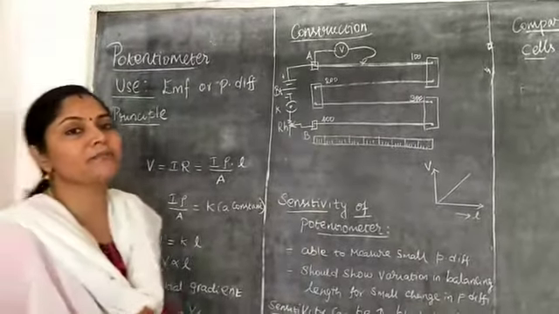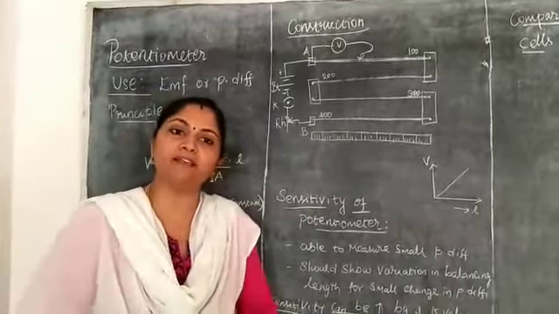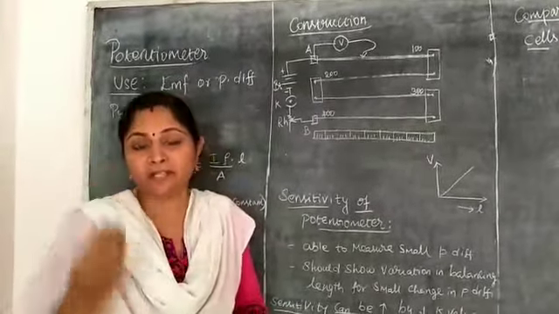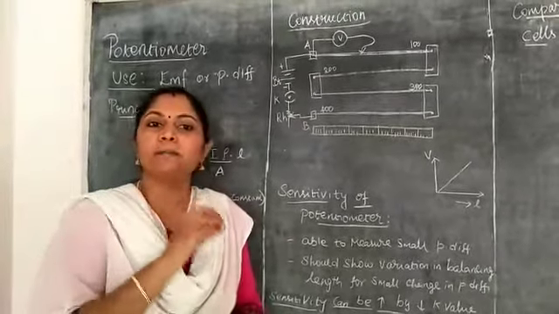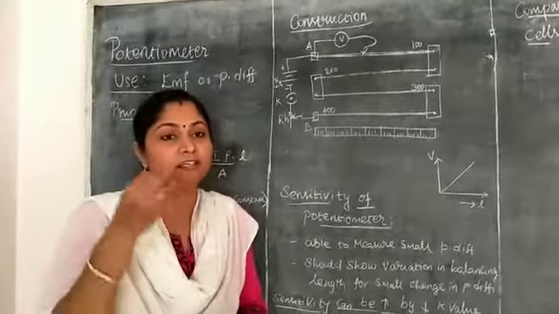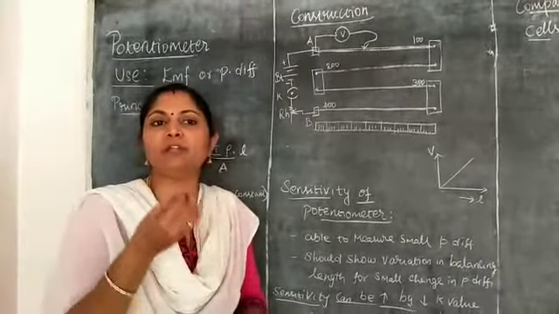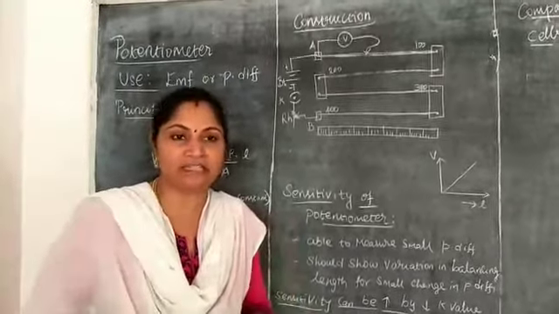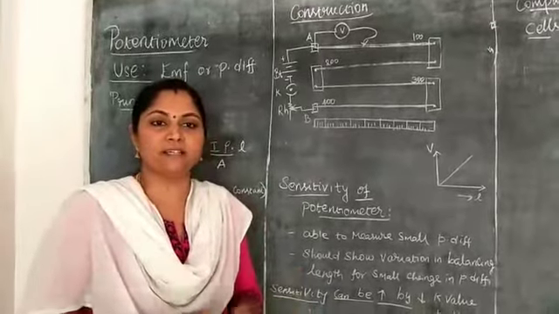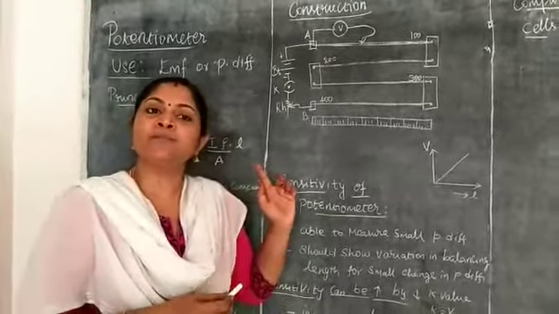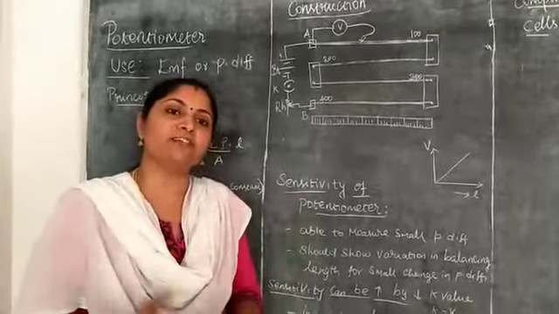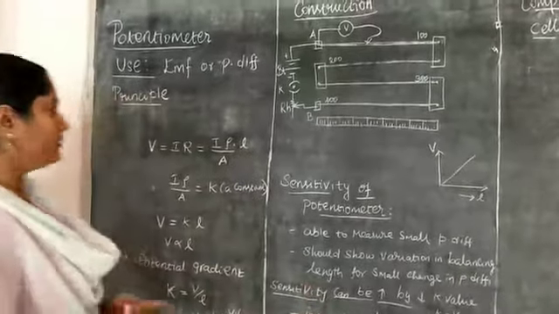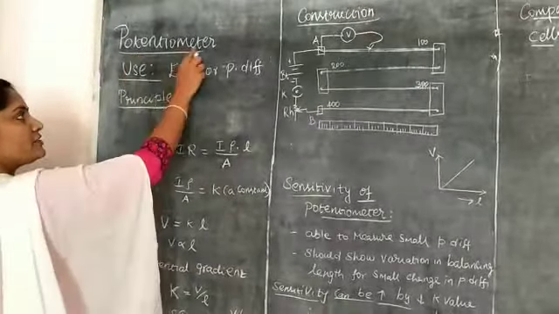And one thing you must remember, EMF of the cell cannot be calculated accurately with the help of the voltmeter, because voltmeter measures the potential difference only by passing the current through it. So to show the deflection, it takes a small amount of current, right? So we cannot measure the exact EMF of the cell with the help of the voltmeter. But using this potentiometer we can measure the potential difference or the EMF of the cell accurately. I will tell you that working. Next, principle of potentiometer.